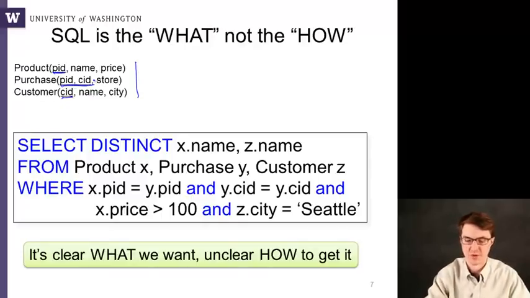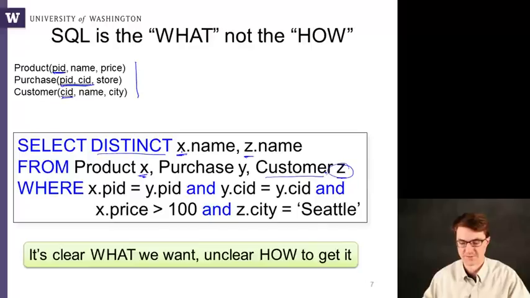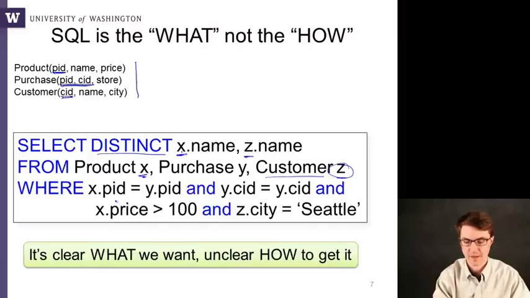Okay, so here's another SQL query. We say select distinct product name. Why do I know it's the product name? Because I see an X here and I see an X here. And the customer name, and I know it's the customer name because I see a Z here and I see a Z here. This is an alias for the relation customer. From these three tables, where the product ID in the product table matches the product ID in the purchase table, and the customer ID in the purchase table matches the customer ID in the